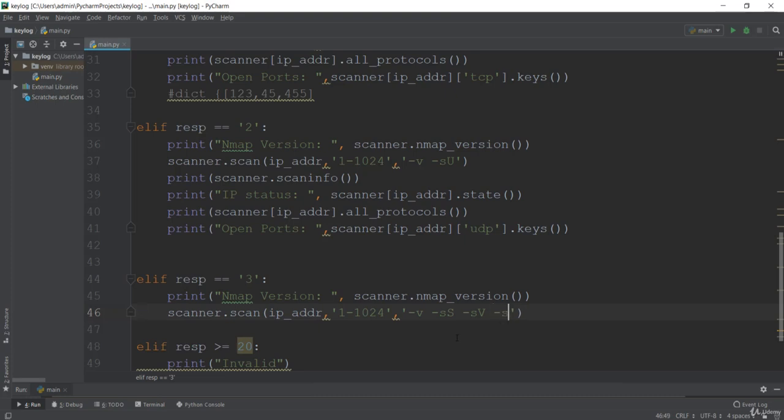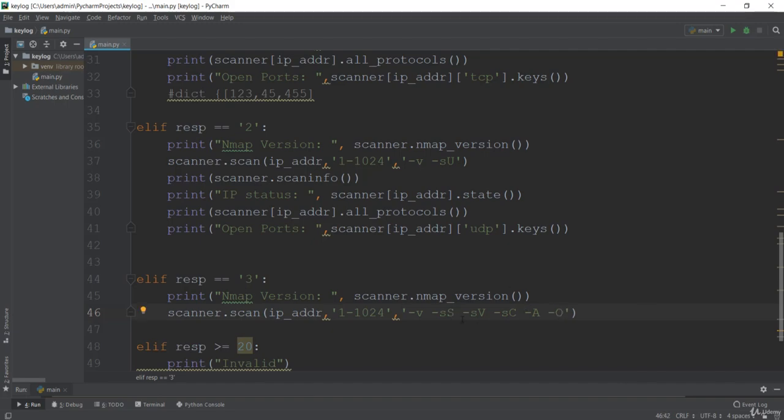And the next one I want is -sC, and what this does, let me just type real quick. Here the C is capital, and -sC is equivalent to the script being the default. And let me type another one, which is very important, this -A in the capital. This enables the OS detection, version detection, and script scanning. So basically we'll get the version and OS with this argument. And the next one I want is -O for the OS detection.